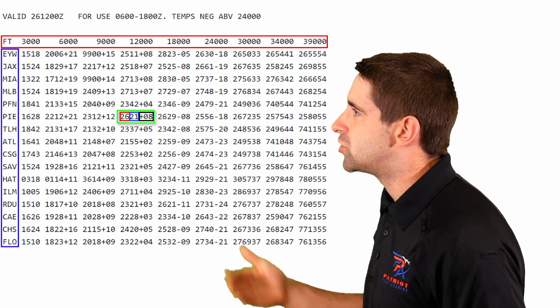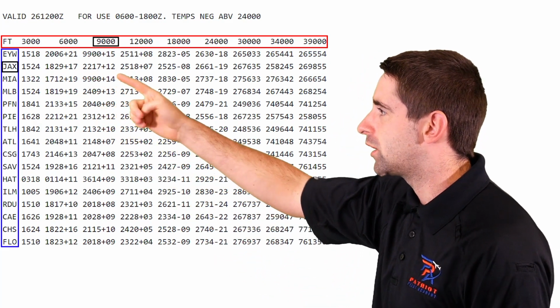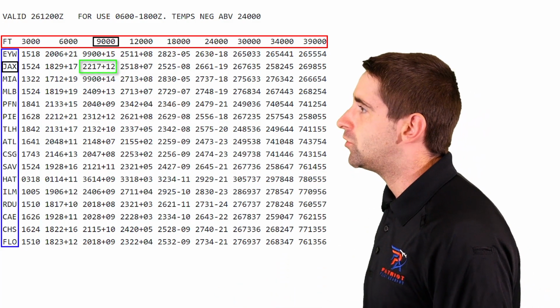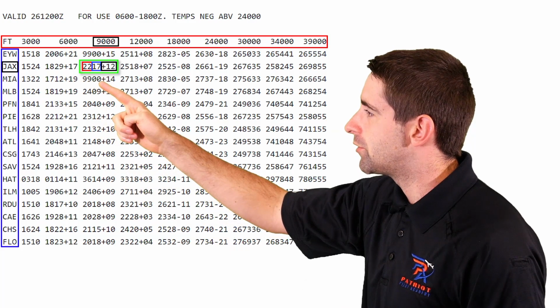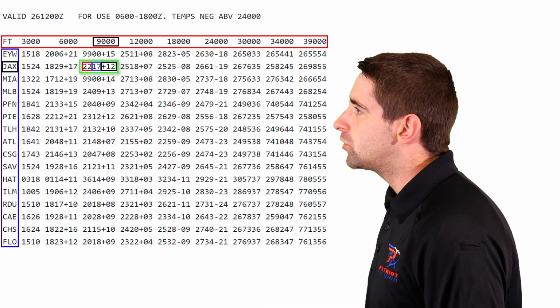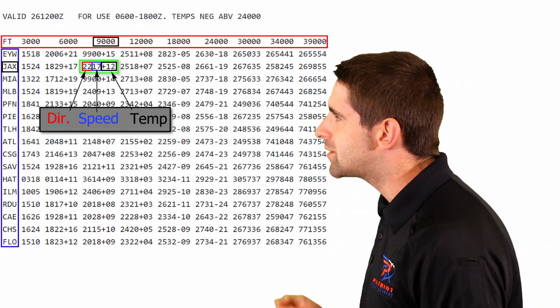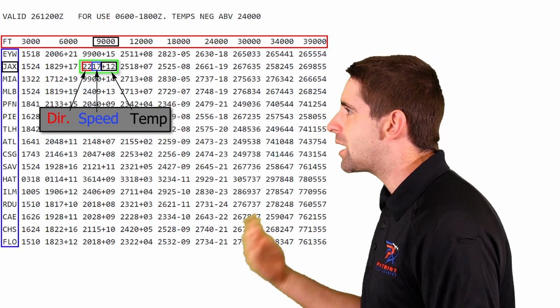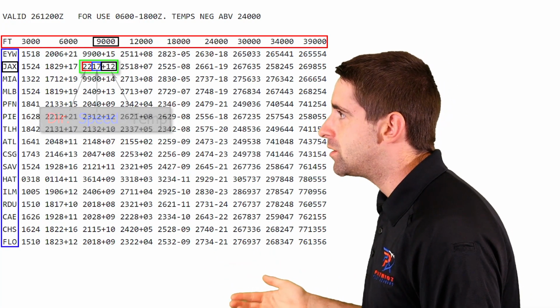So let's start with Jacksonville at 9,000 feet. It says 2217 plus 12. Well, let's break it into increments of 2. So again, you have 22, 17, and plus 12. So you have wind direction, wind speed, and then the temperature at that altitude, or the temperature aloft. So when we look at Jacksonville at 9,000 feet, we have